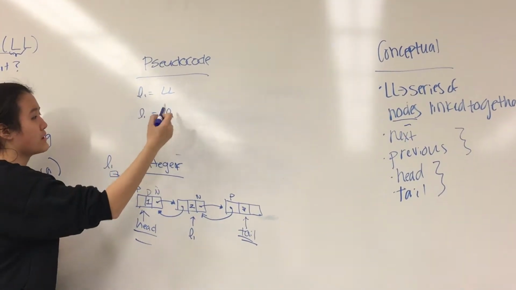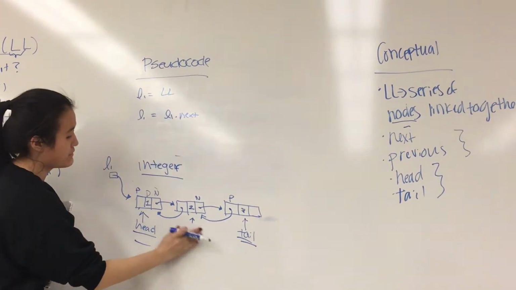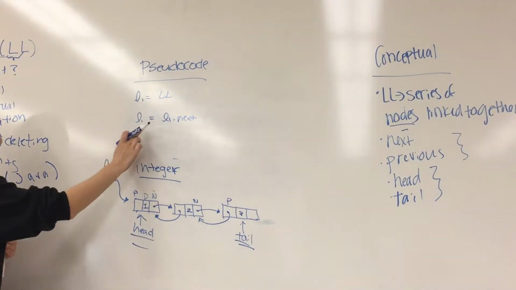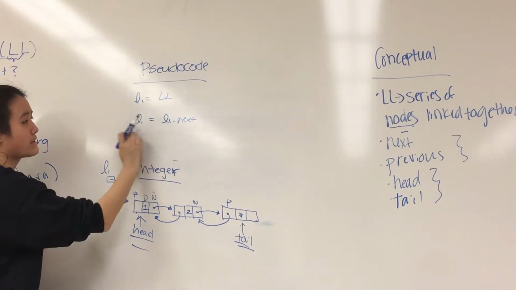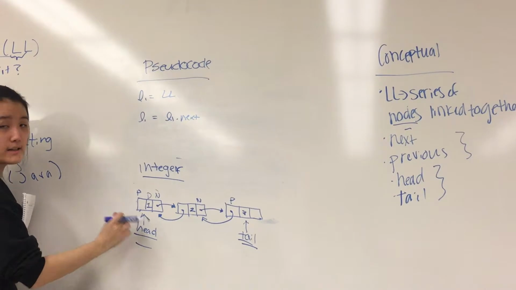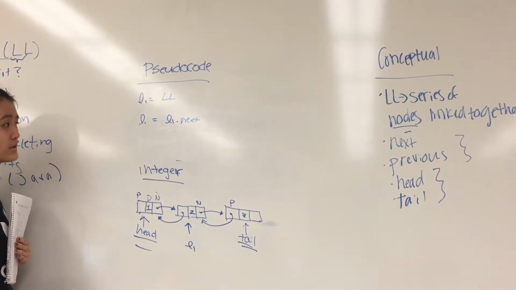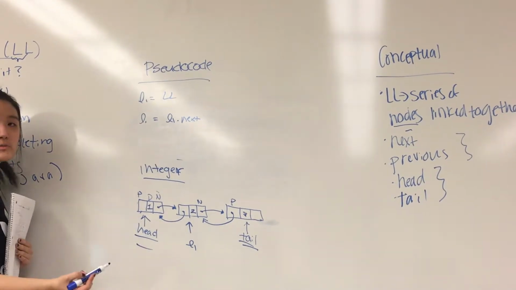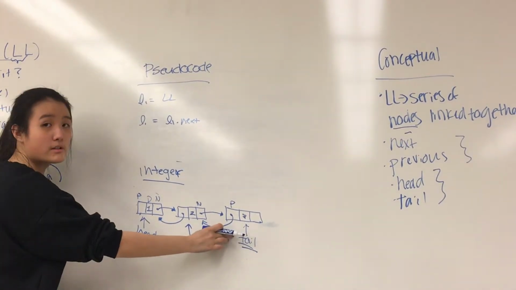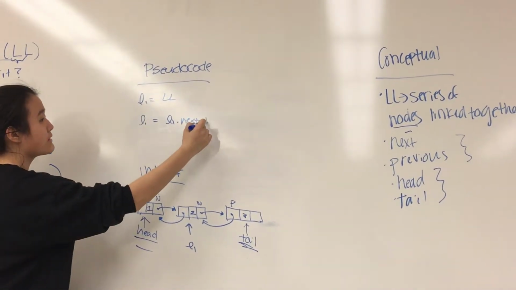You just say L1 equals L1 dot next. Let me get rid of this, and if you ran this code, L1 dot next, it's no longer pointing to the head. Now it's going to point to the second node. Now let's say I wanted it to point to the tail, the last one, and let's say I didn't have access to tail or head. All you do is